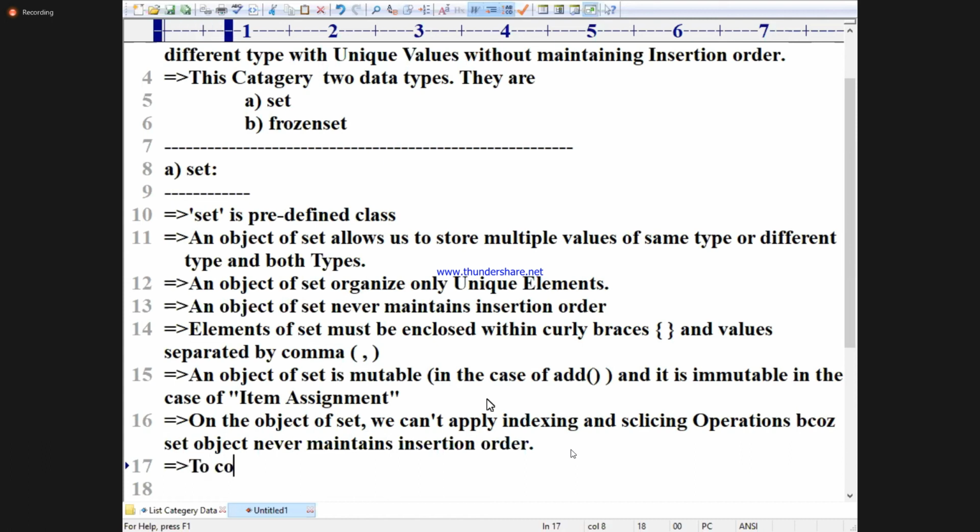To convert one type of elements into set type, we use set of.